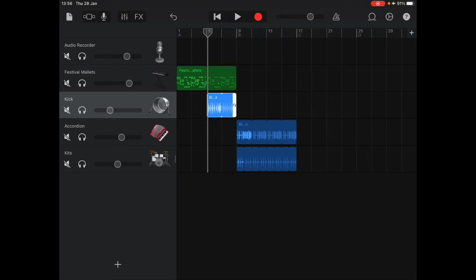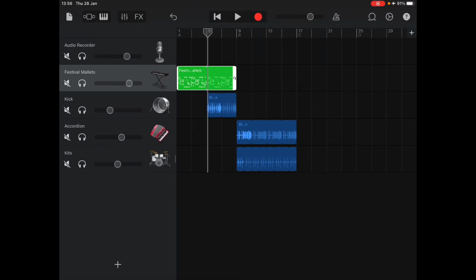So now we've got the festival mallets. They play for 2 bars without anything else, and then they play again, but this time with the kick drum in, and then after that at the start of section B you'll see that then the accordion comes in with the kits, but I want the festival mallets to continue in section B, so what you do is you press on the festival mallets once, the green rectangle, and you can see it's highlighted now, press it again, and it